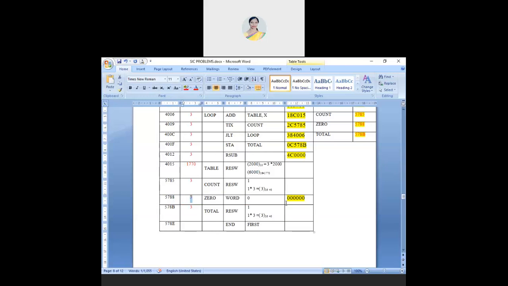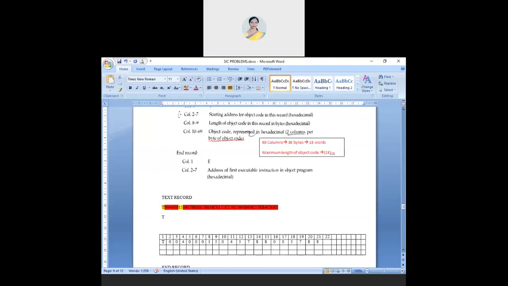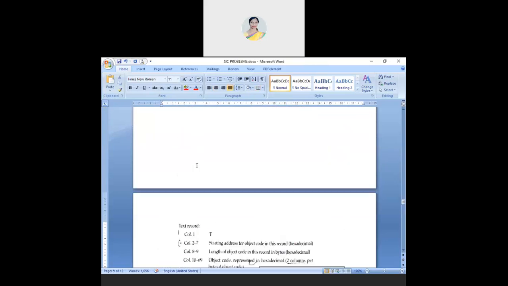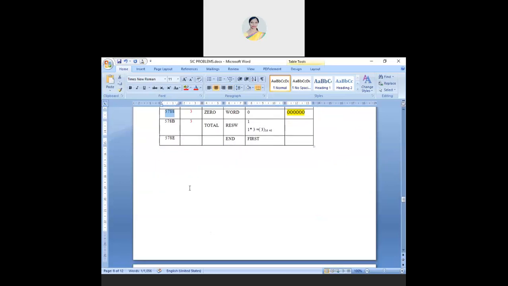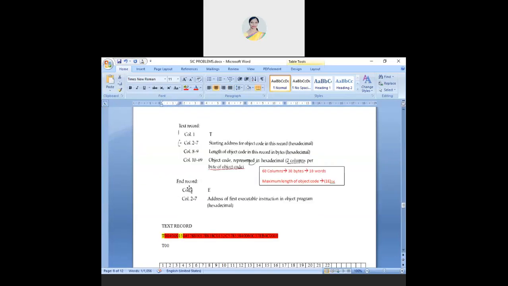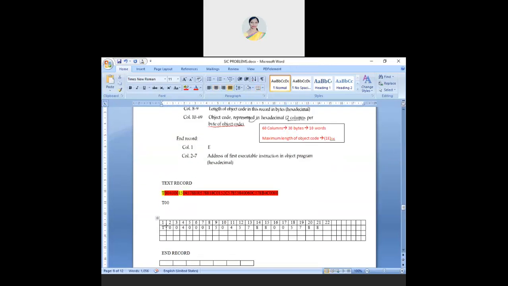What is my text record again? First one is T. What is the starting address of this particular text record? 5788. And what is the length of this record?